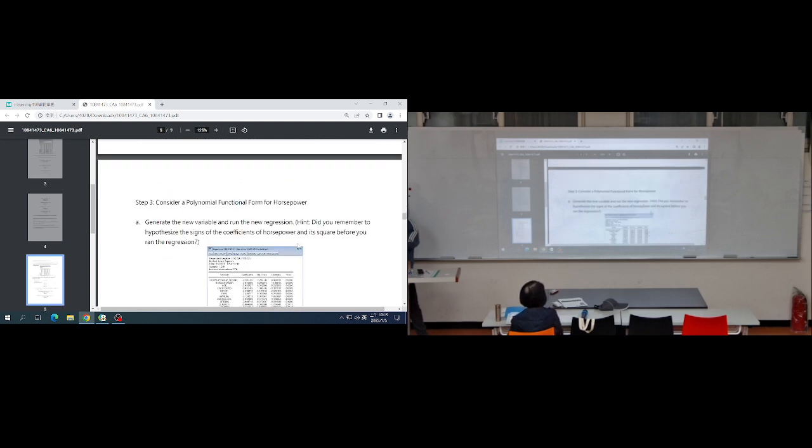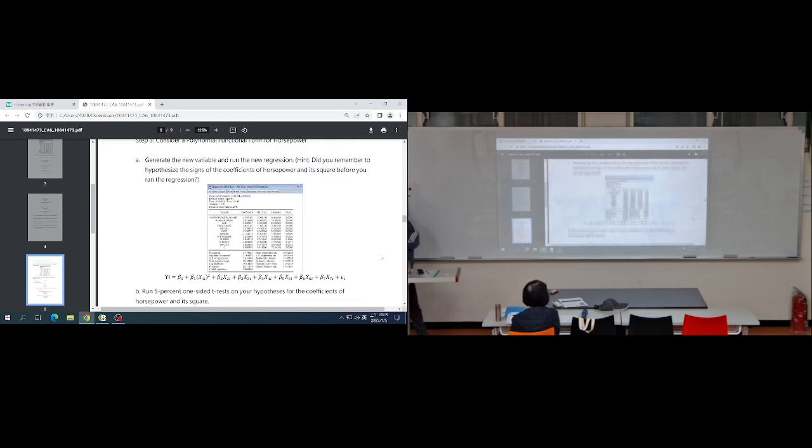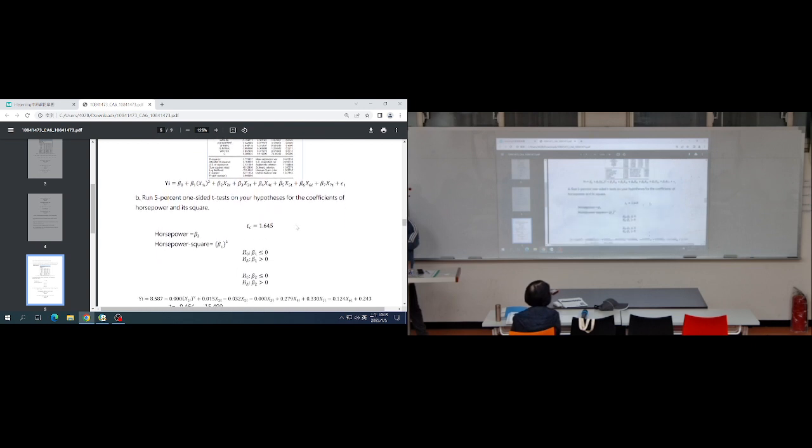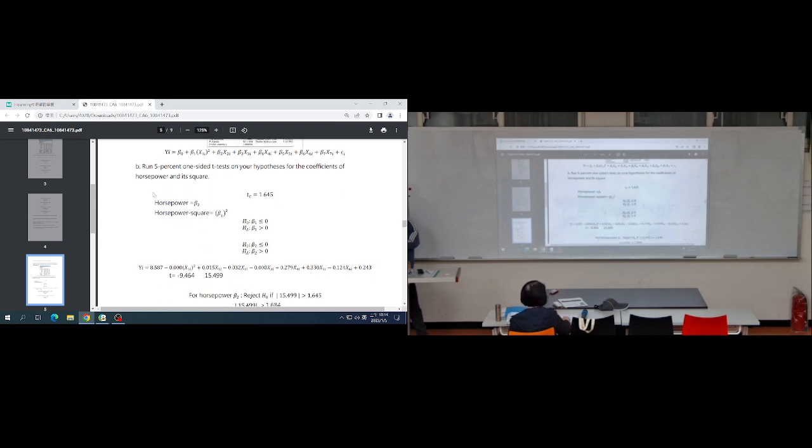And step 3. Part A, just run the new regression. Also at 5% one side, the critical value is 1.645, and here is